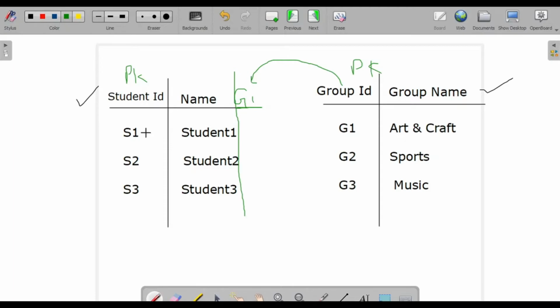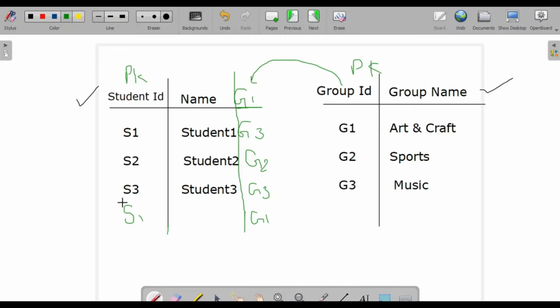Now I'm saying that student S1 is in the music group, S2 is in sports, and student S3 is also in music. But I have a scenario where student S1 has enrolled in group 1 as well. So our problem was that